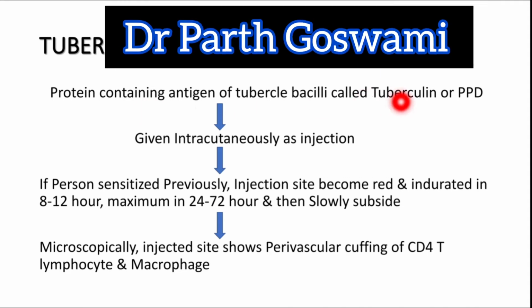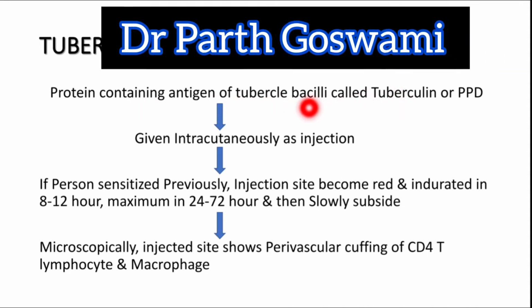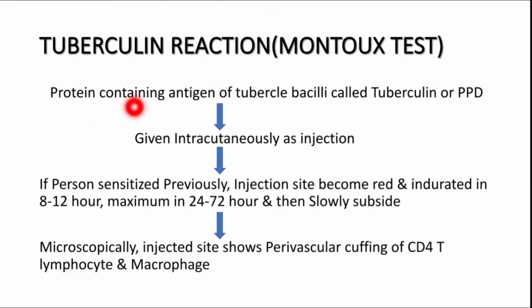First of all, the tubercle bacilli, right? The protein that the tubercle bacilli contain, which is called tuberculin, or we can say purified protein derivative, will be injected in a person intracutaneously as an injection, right? Now if the person is sensitized previously, we can have an idea whether the person is sensitized to tubercle bacilli or not. So if the person has had exposure to tubercle antigen, then the injection site will become